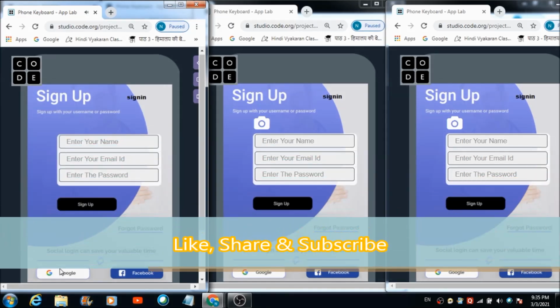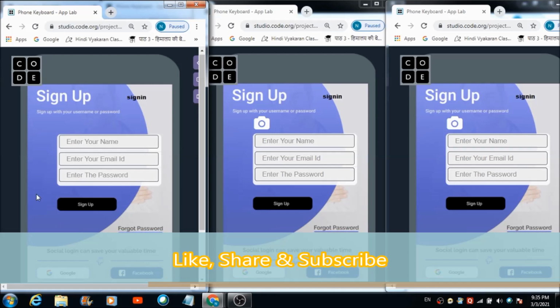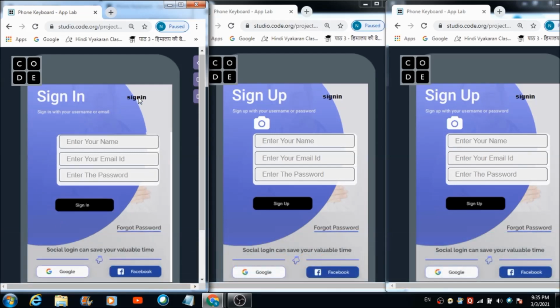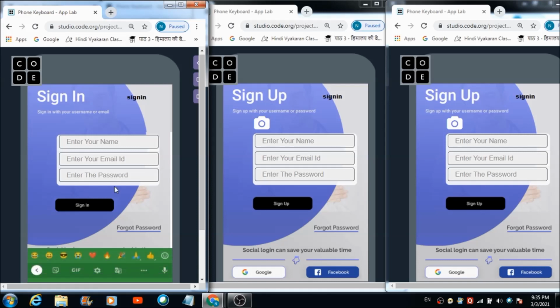Automatically I will be logged out from my account. Now if I want to again sign in into my account, I can hit this sign in button over here. Welcome to the sign-in screen. I'm going to get redirected to the sign in screen where I can again enter